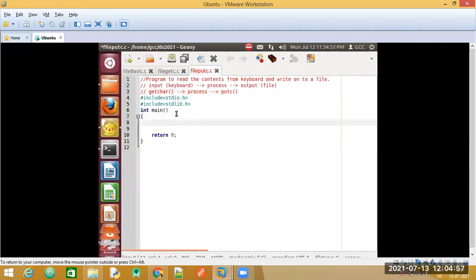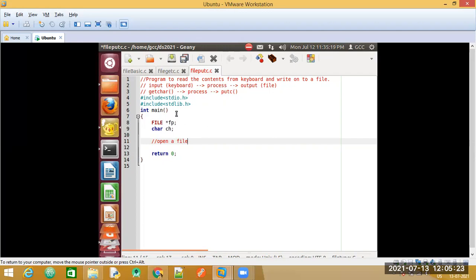Now, the basic steps we need to follow: we will declare a file pointer. Next thing, let me declare another variable ch. So once the file pointer is declared, what are the basic steps we need to do? We need to open a file. Now since we are trying to perform the write operation, we need to change the mode of the file.